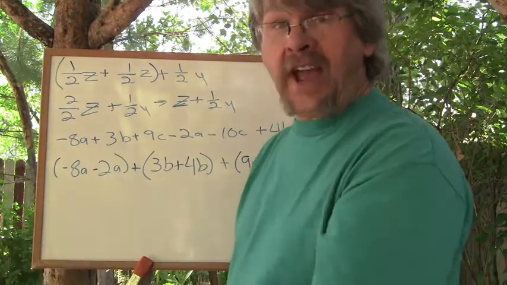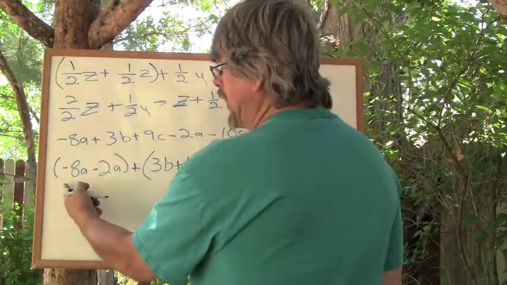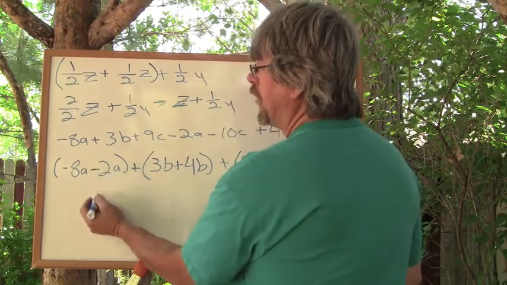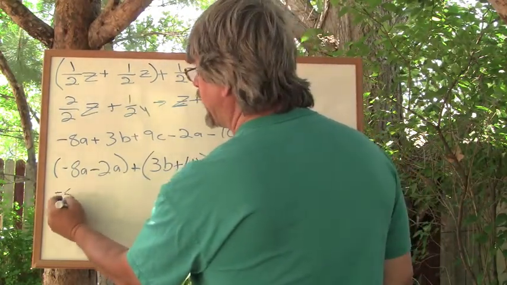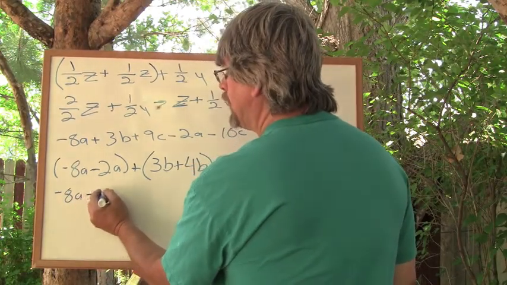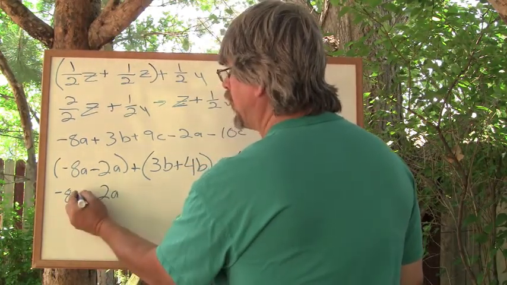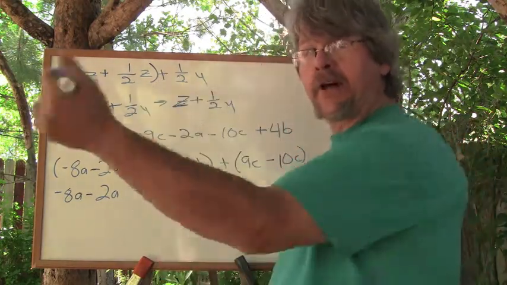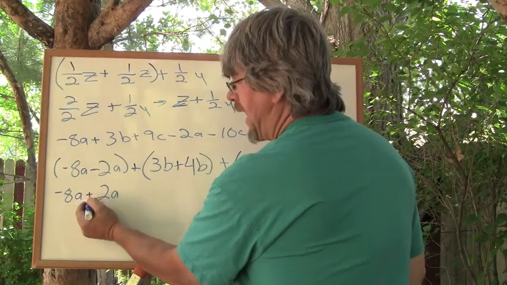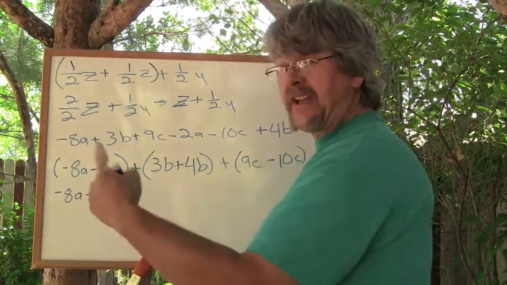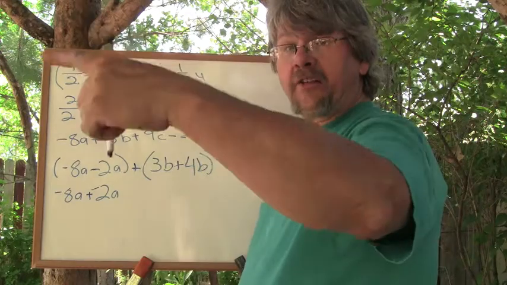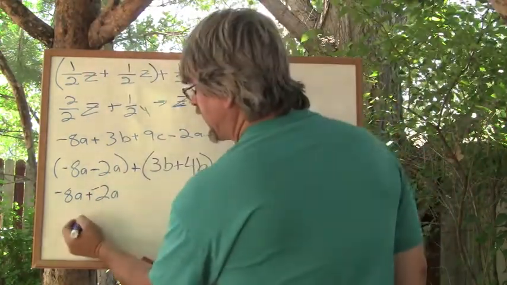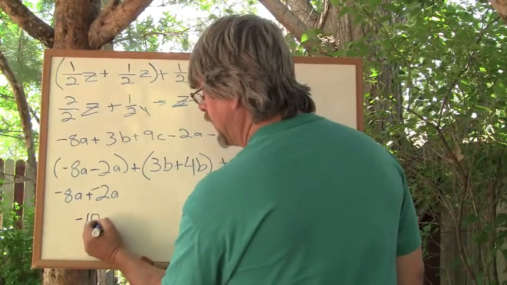And now it's just a matter of adding them together. So negative 8a minus 2a. Now, you remember, we turn subtraction into addition by adding the negative. So this is negative 8a plus another negative 2a further. So this is negative 10a